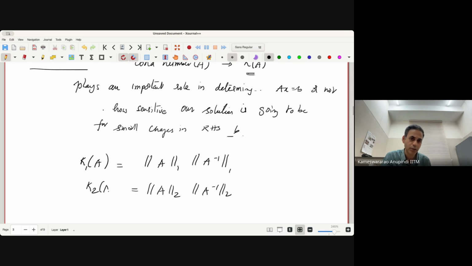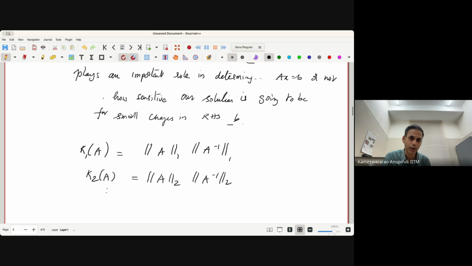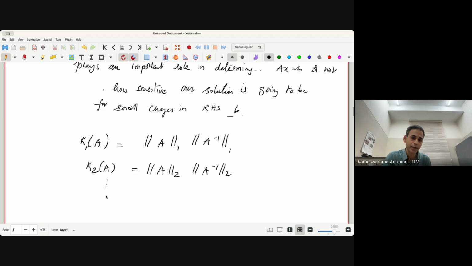Similarly, condition number based on 2 norm is this thing, and so on. So we could define condition numbers as the norm of the matrix A times the norm of the matrix inverse. Again, it turns out we don't need to calculate A inverse all the time, wherein we can make use of another definition